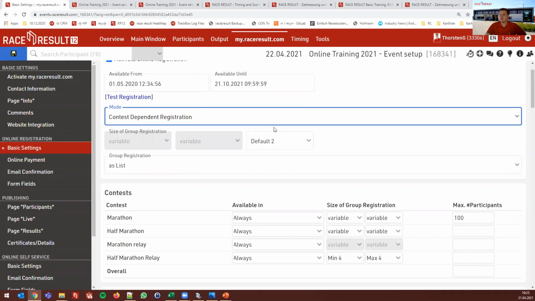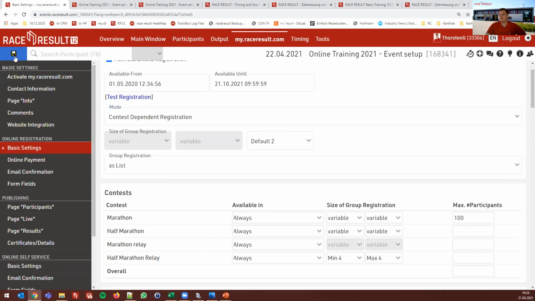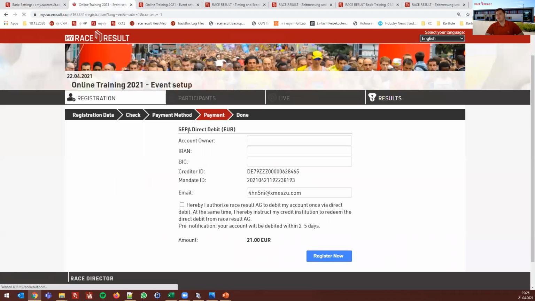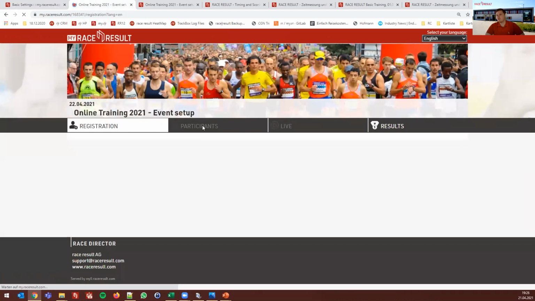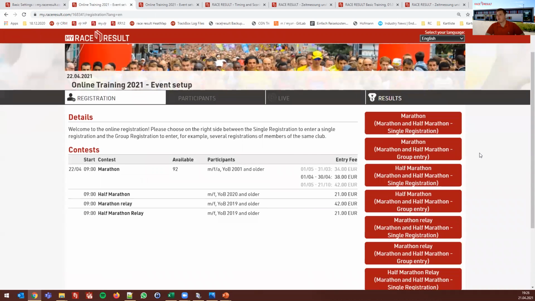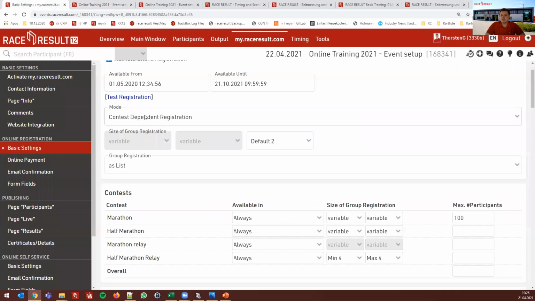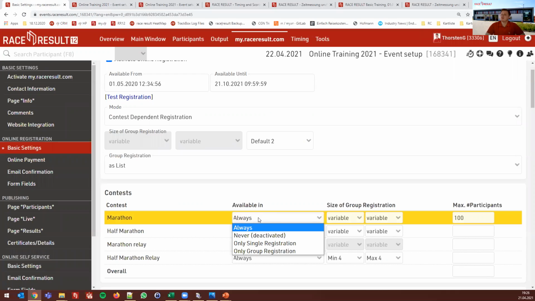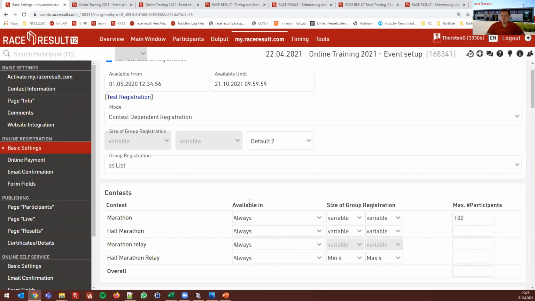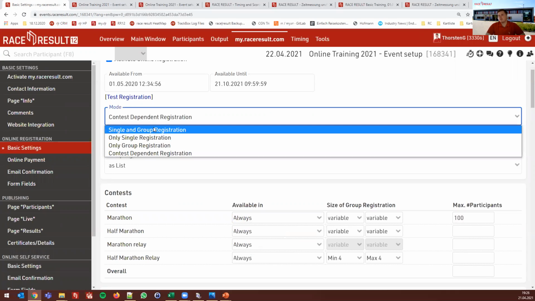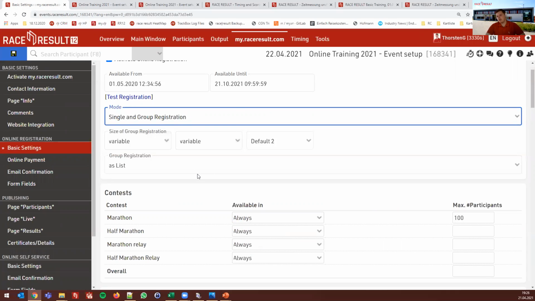If you have a contest dependent registration, you will have at least one button for each contest. But then you can have single registration and group registration for each single contest. So that might make sense sometimes, it doesn't, but you can always limit that to only single registration for certain contests or only group registration. We will stick to the single and group registration now,